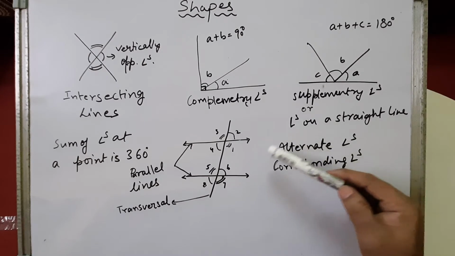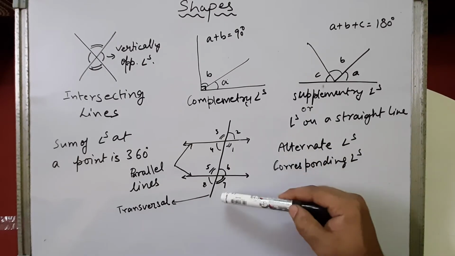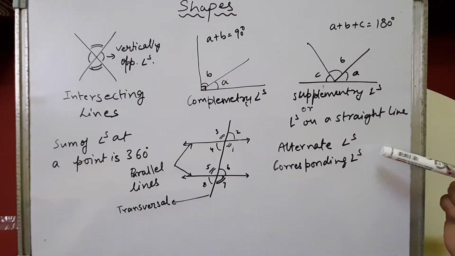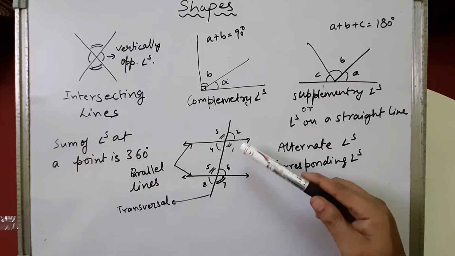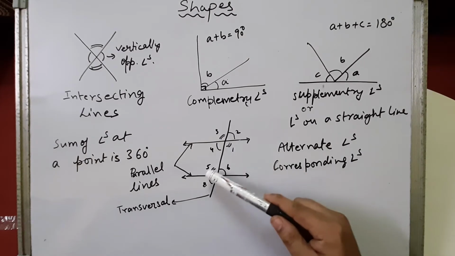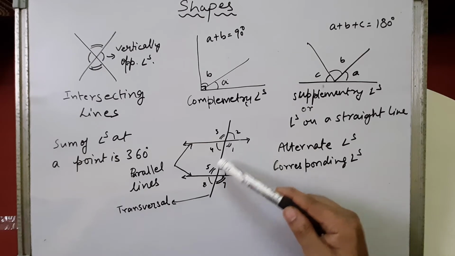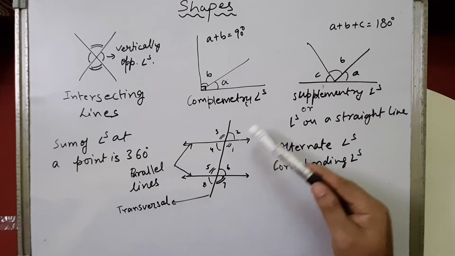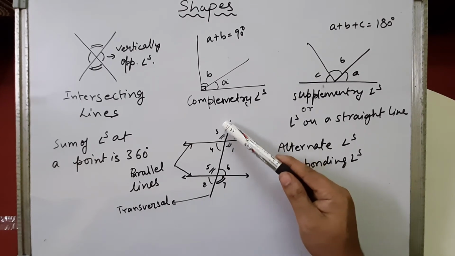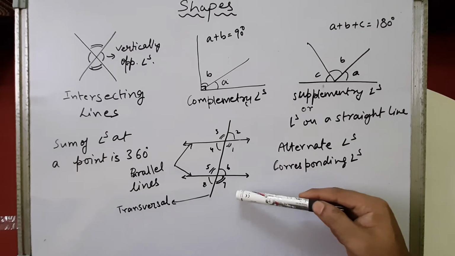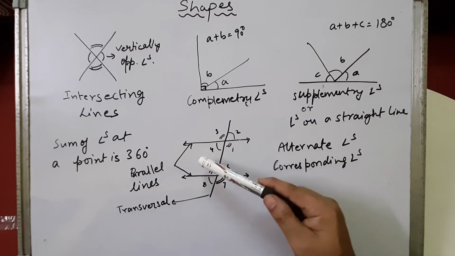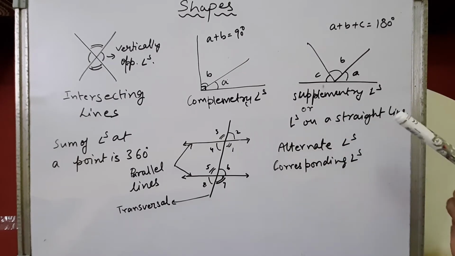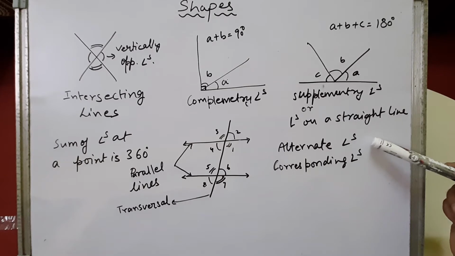Whenever a transversal intersects parallel lines, types of angles are formed like alternate angles and corresponding angles. Now try to learn what alternate angles are. The alternate angle of 1 will be 5. They are of the same measure and on opposite sides. The alternate angle of 2 will be 8. This is called an exterior alternate angle. The alternate angle of 3 will be 7. Similarly, the alternate angle of 7 will be 3. The alternate angle of 4 will be 6. So the opposite angles with the same measure are called alternate angles, right?